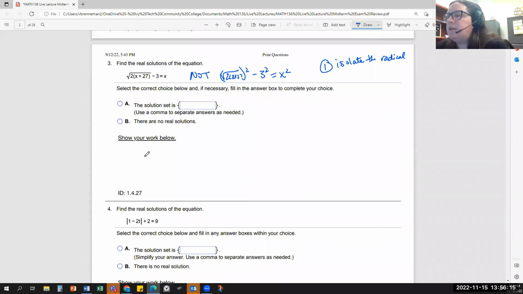If I square the side that has a square root and something else, then because if I have two things added together and they get squared, it's going to square the first thing and square the second thing, but it's also going to have 2 times the first thing times the second thing. So we would still have the square root going on. So we need to get the square root by itself, and then we can square both sides.